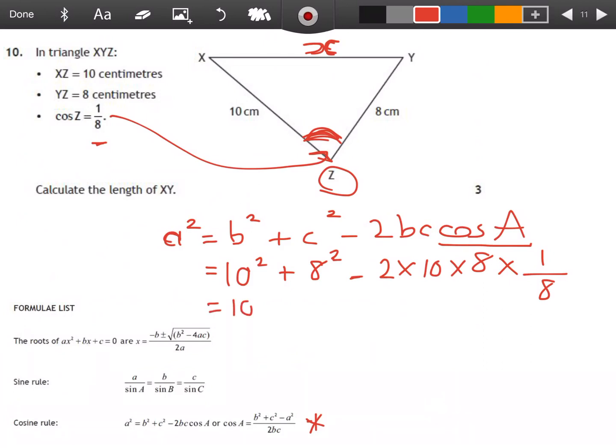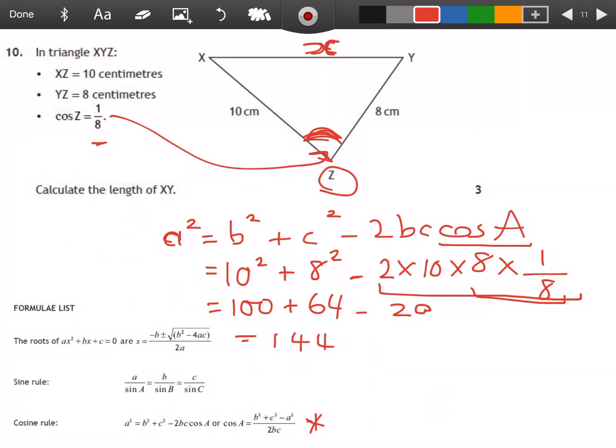10 squared plus 8 squared. Be careful. Take away 2 times 10 times 8 times an eighth. You can multiply that in any order you want. 8 times an eighth, the end bit. 8 times an eighth is just 1. So really what you've got is 2 times 10 times 1. It is really just 20. So altogether we've got